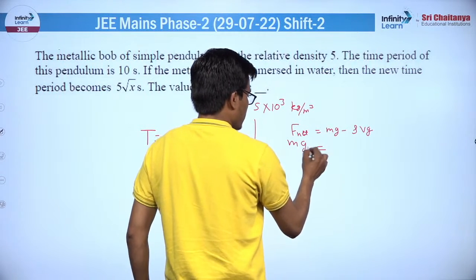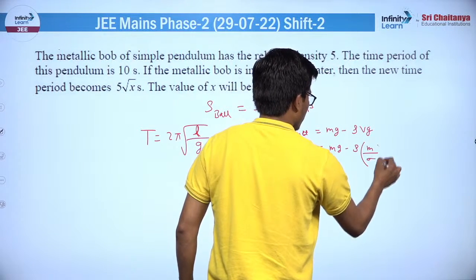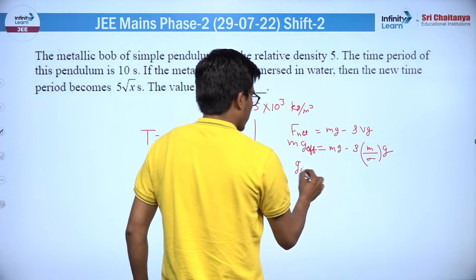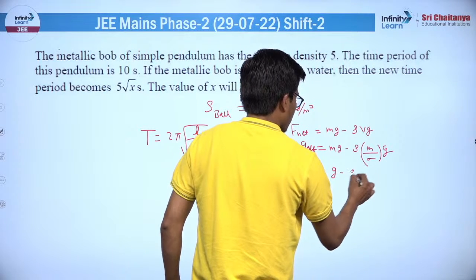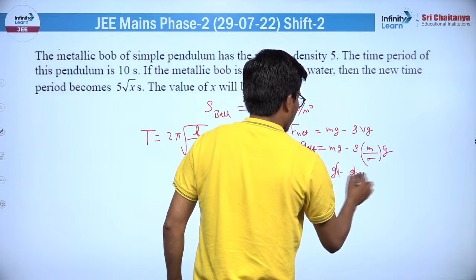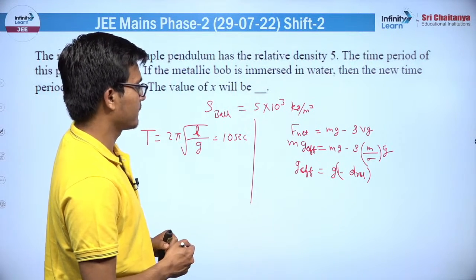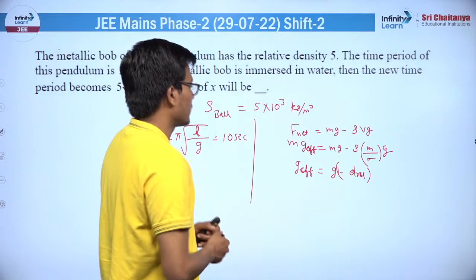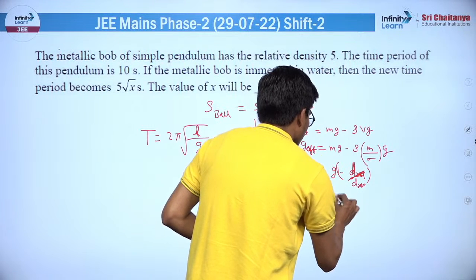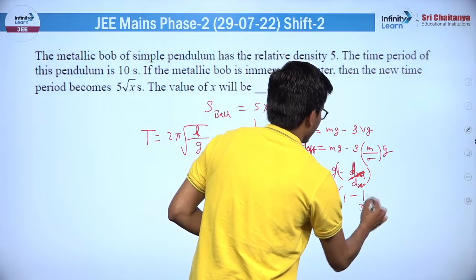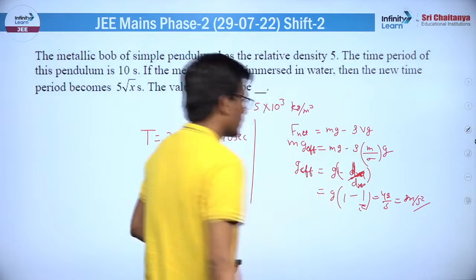And this you can write as mg effective, mg minus rho volume, you can write mass upon density of ball. So g effective will be g minus g times 1 upon relative density. M and M will get cancelled. This is the density of ball, so it should be 1 upon relative density. So g times 1 minus relative density, that is 1 minus 1 by 5, it will be 4g by 5, meaning 8 meter per second square. That is the new